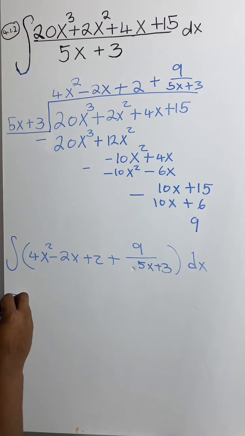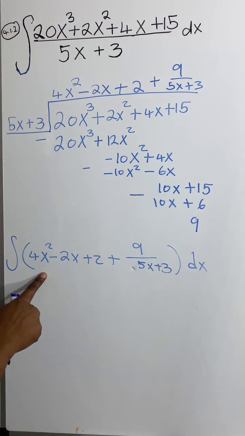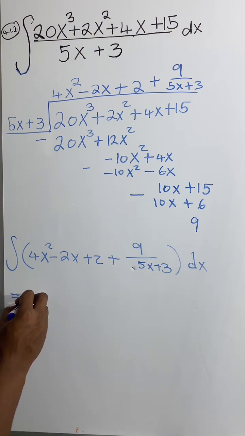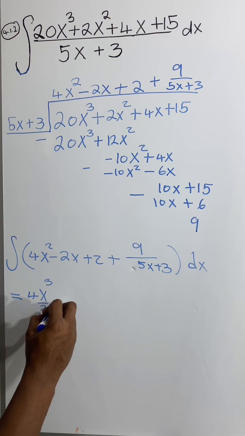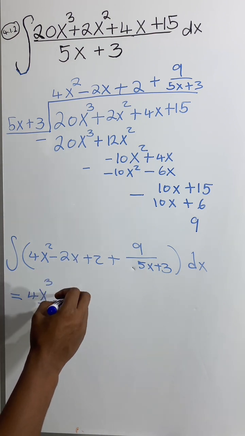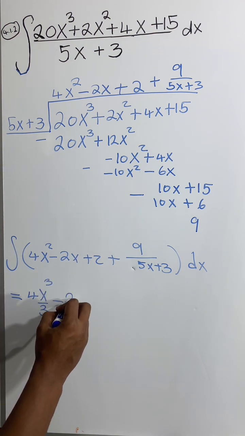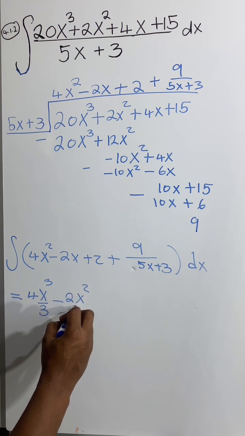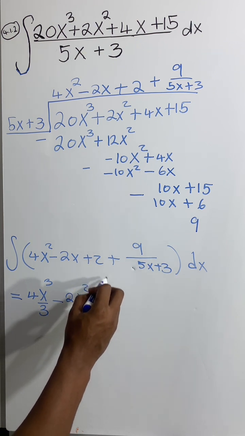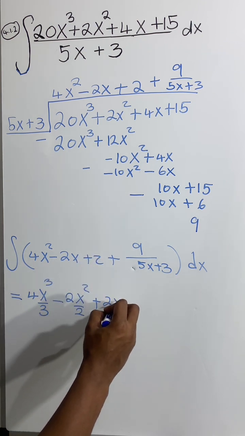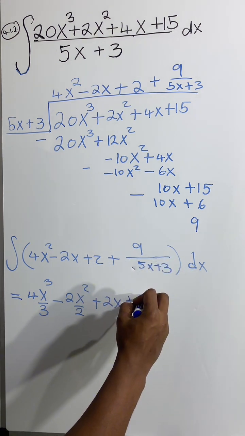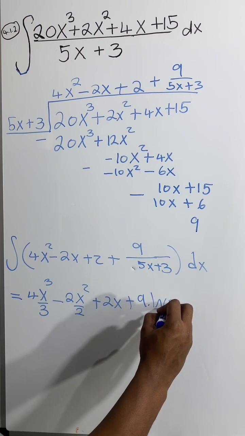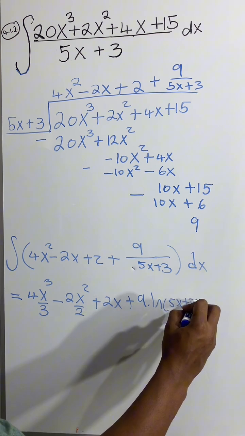dx. We integrate 4x squared. When we integrate 4x squared, we get 4x cubed over 3, minus the integral of 2x, which is negative 2x squared divided by 2. Integrating 2, we get 2x, and integrating 9 over 5x plus 3, we get 9 ln of 5x plus 3